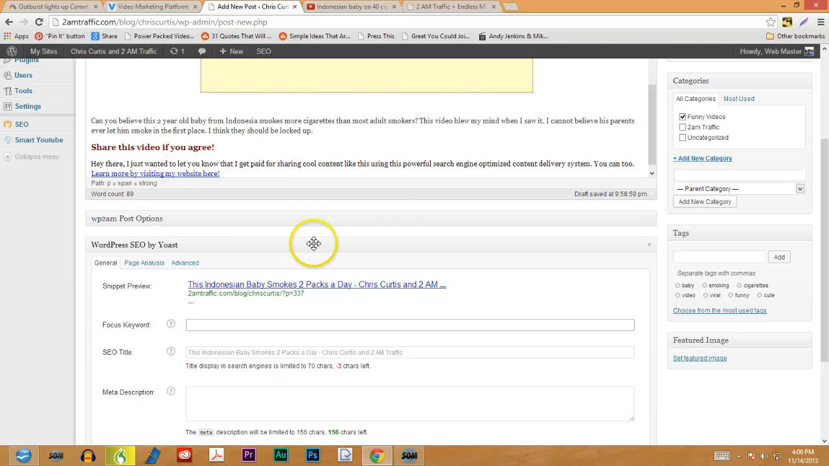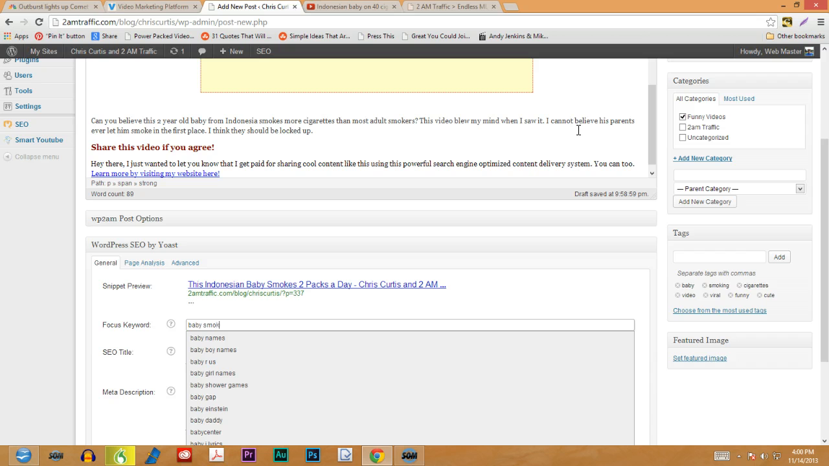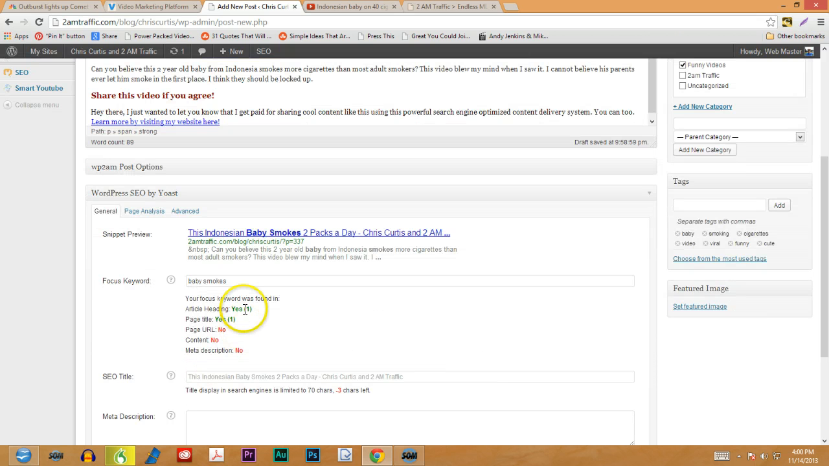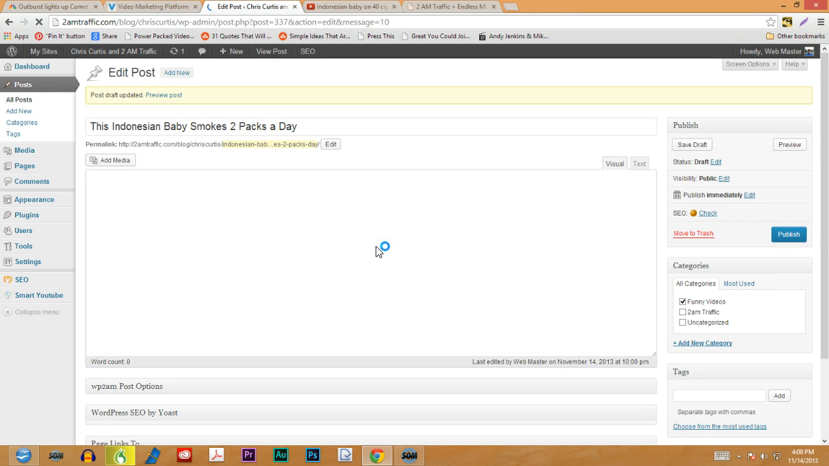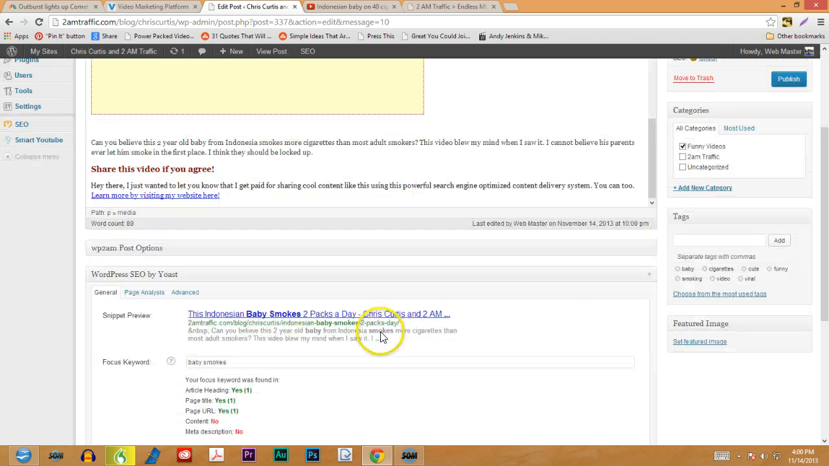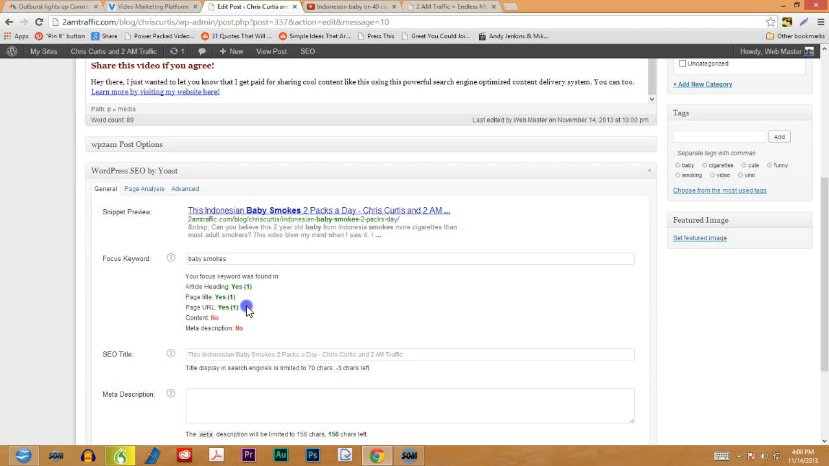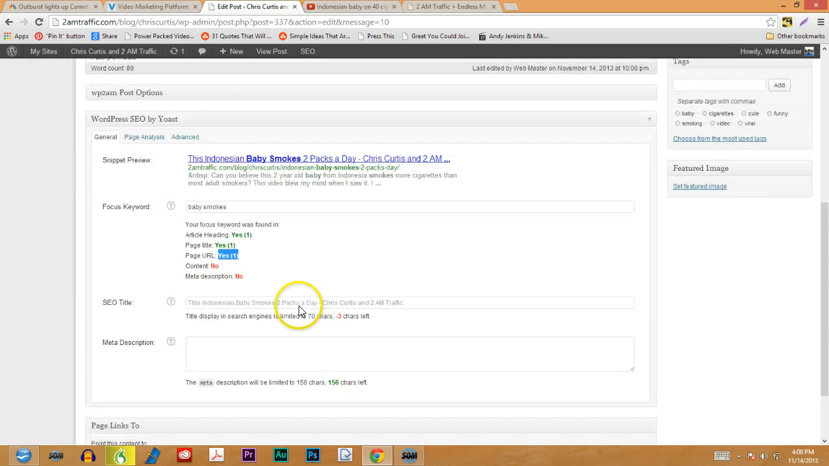So our focus keyword is going to be baby smokes. Okay, so we do have it in the article heading. We do have it in the page title. I can save this as a draft. So we do have it in the page URL. We don't have it in the content, so